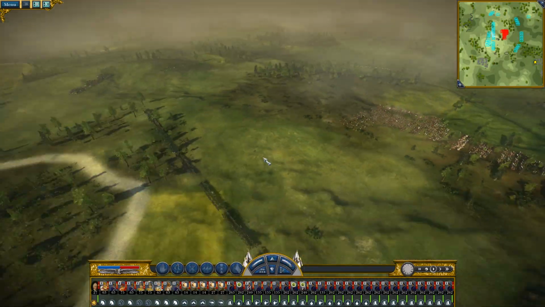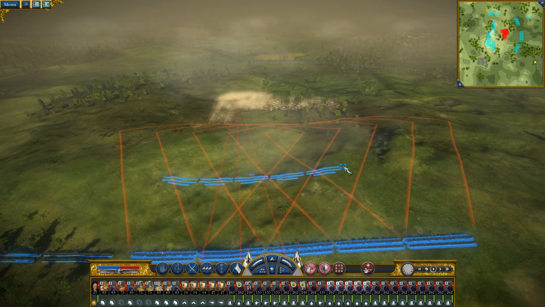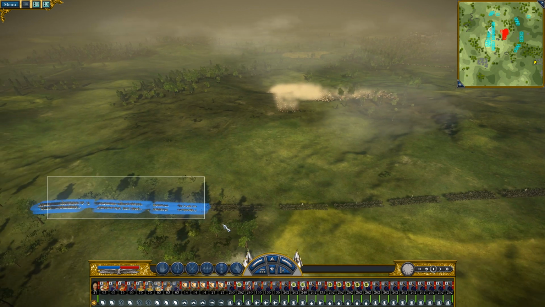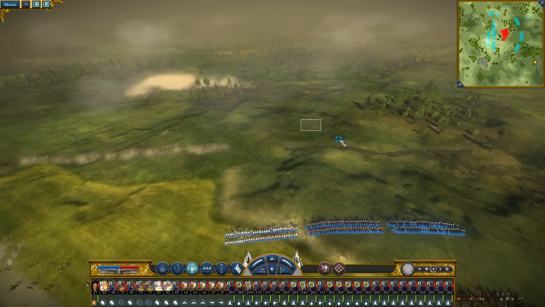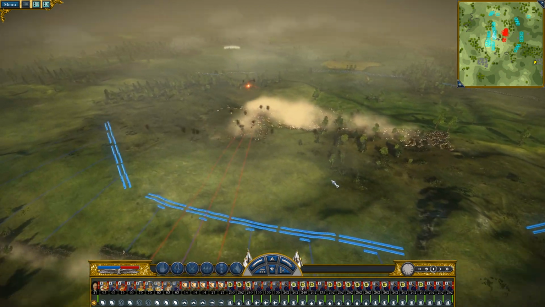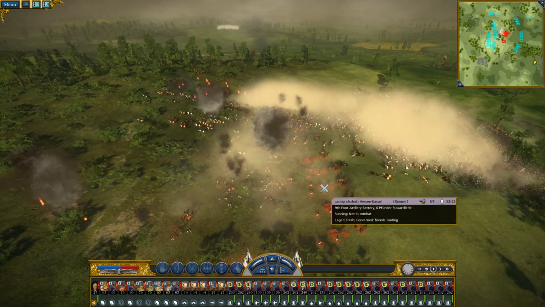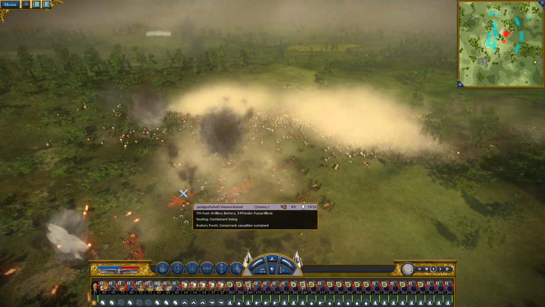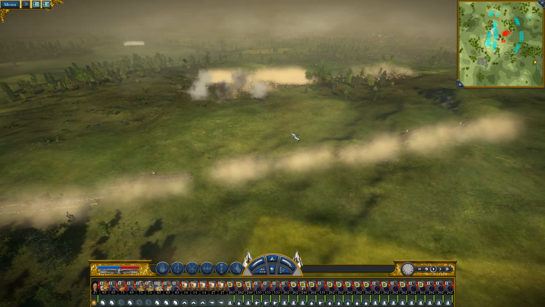Right off the bat, they gained chevrons. I'm gonna order the grenadiers to move forward before they fire. The elites and the infantry are over here. Alright, there goes. They shot in. We killed loads of batteries, and